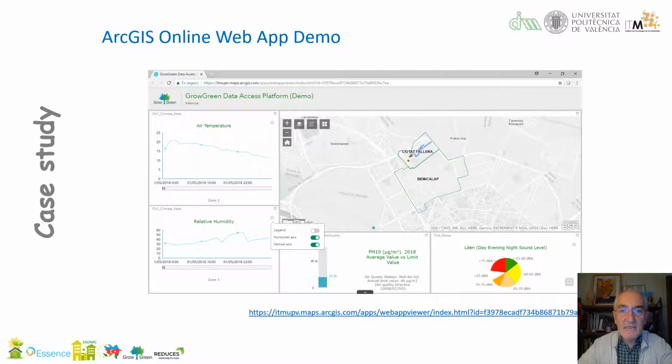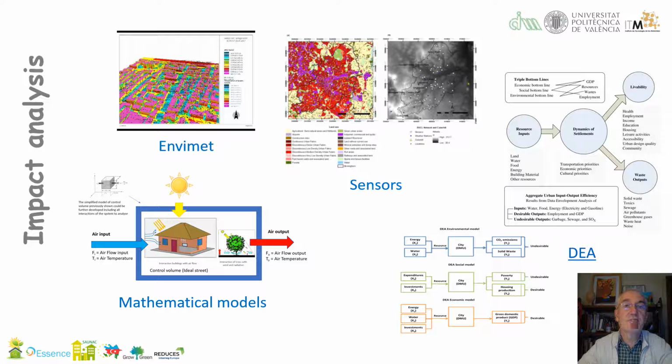A specific set within this approach has been made in the European project Grow Green, where we focused on the impact of several pilots. You can see through the link also a presentation on a GIS system, ArcGIS in this case, taking into account the KPIs related to the impact of this green infrastructure through the pilots in the different areas. The purpose of this application is to make comparable assessment of the different or similar pilots in different cities for taking decisions onto the deployment of these solutions.